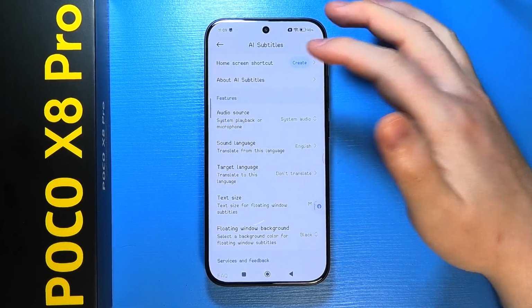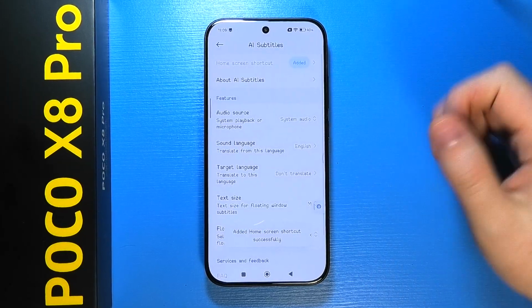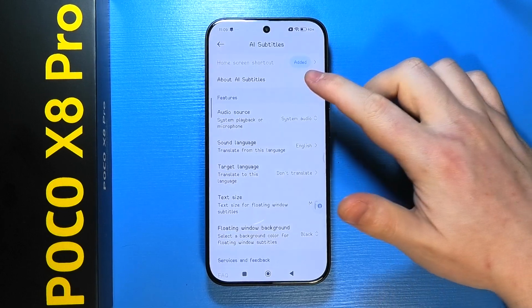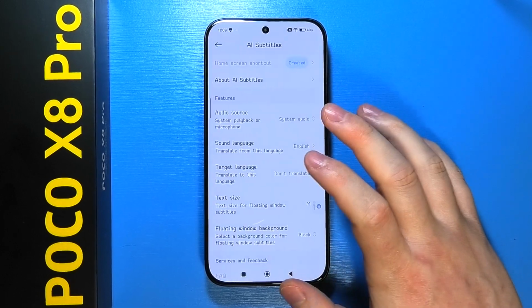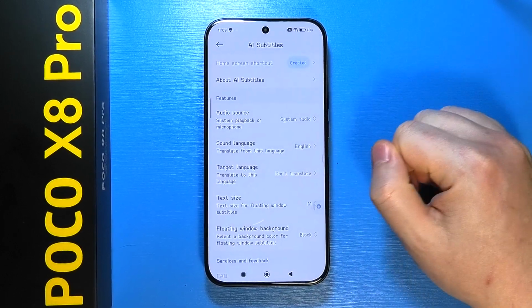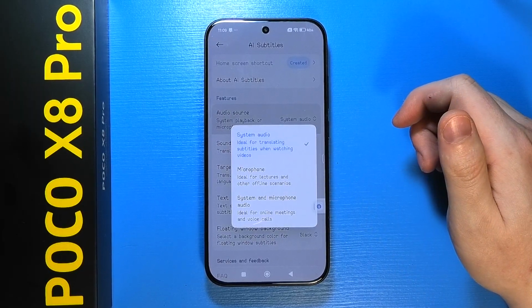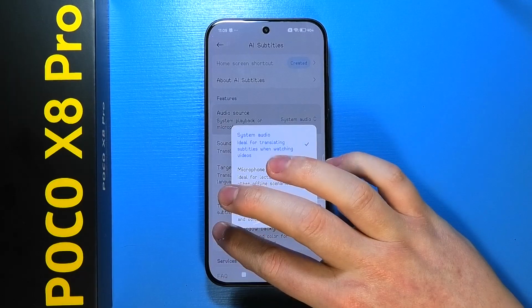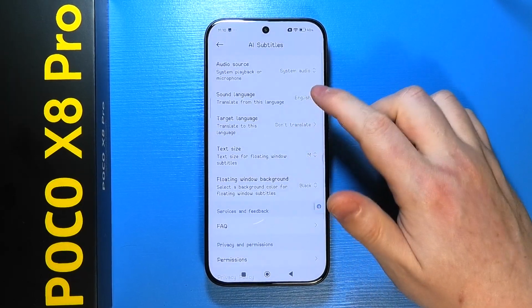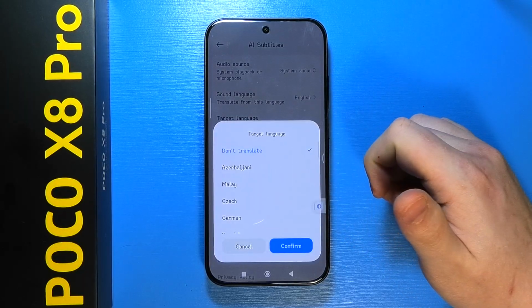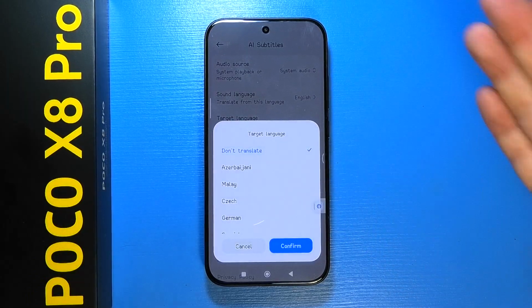You can then add the home screen shortcut to quickly access AI subtitles. You can also learn more about it by reading right here, and then we can adjust all of the features like audio source. You can change the source from which it will catch all of those subtitles. You can change the sound language which will translate from, and the target language that it will try to translate